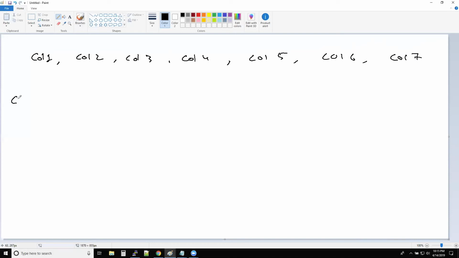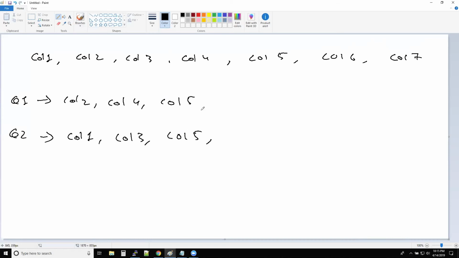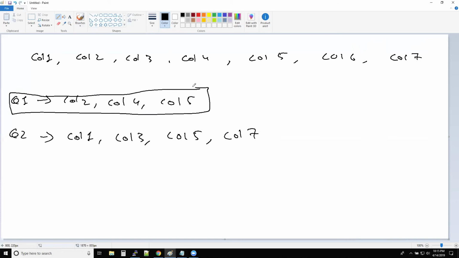All right, so we have Q1 that is querying column 2, column 4, and column 5. We have query 2 that is querying column 1, and then column 3, column 5, I'm including column 5, and that is also querying column 7. The problem is the tuning advisor will give you advice based on the columns you have selected